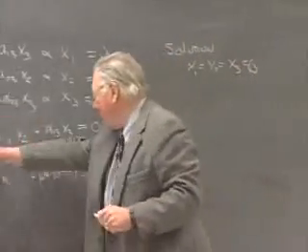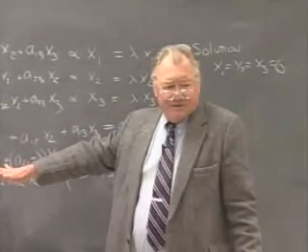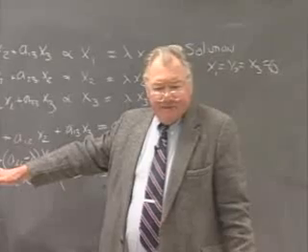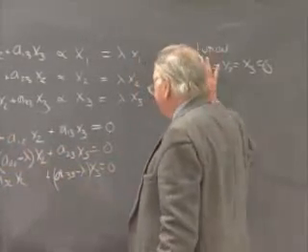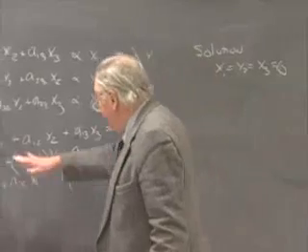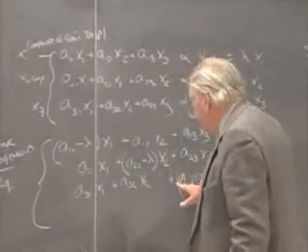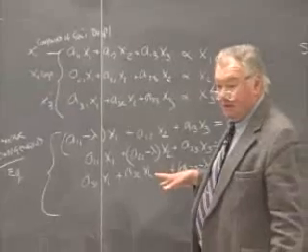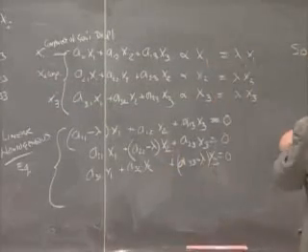And that indeed will wipe out every one of these lines. And that is not a very interesting solution. The only case in which this is not the only solution is that if the condition that the determinant of the coefficients is equal to 0,